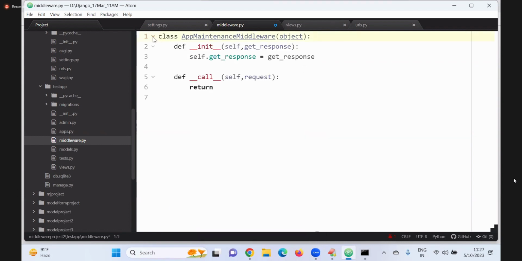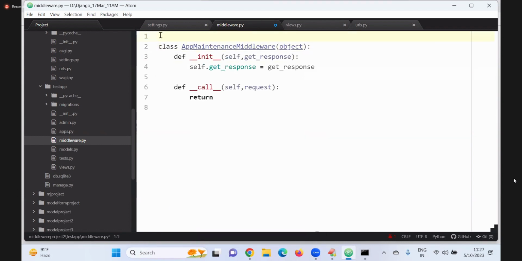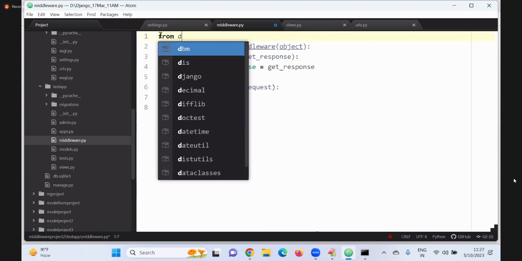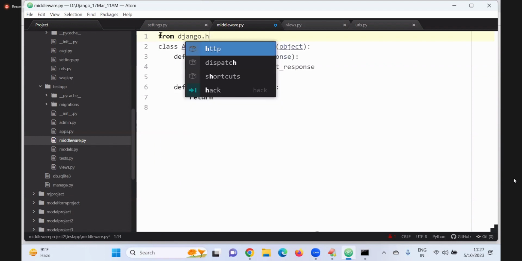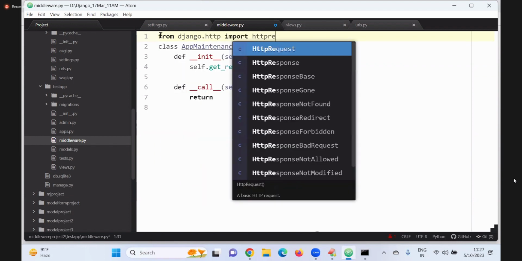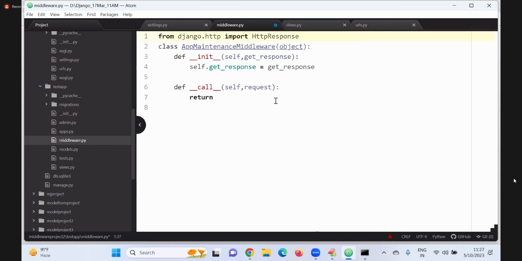For a response I need to import from django.http import HttpResponse, because I want to return an HTTP response to the end user. Return HttpResponse inside single quotes. I want to provide that H1 tag. Whatever response you want, you can send it.